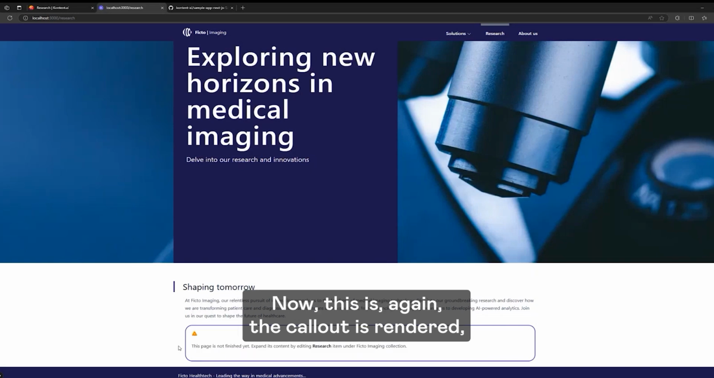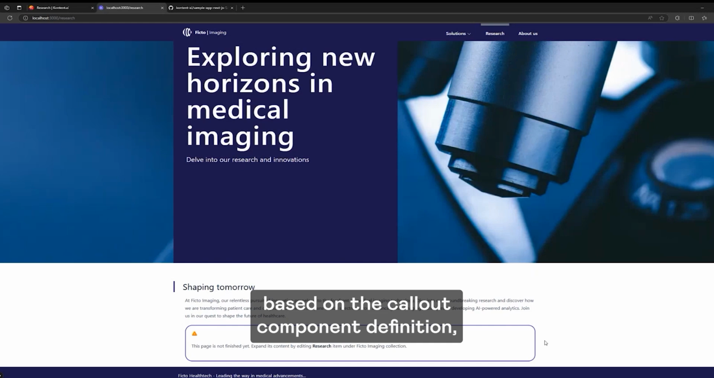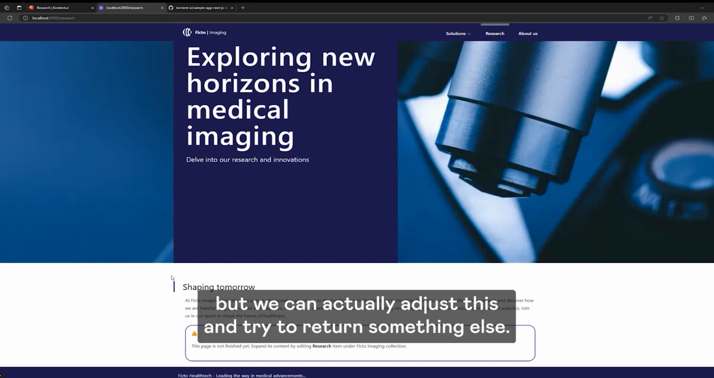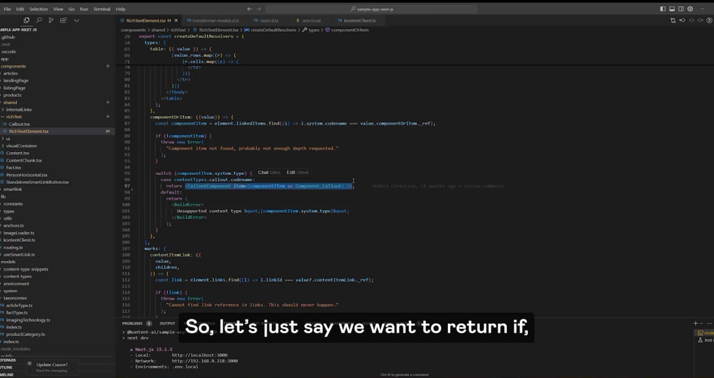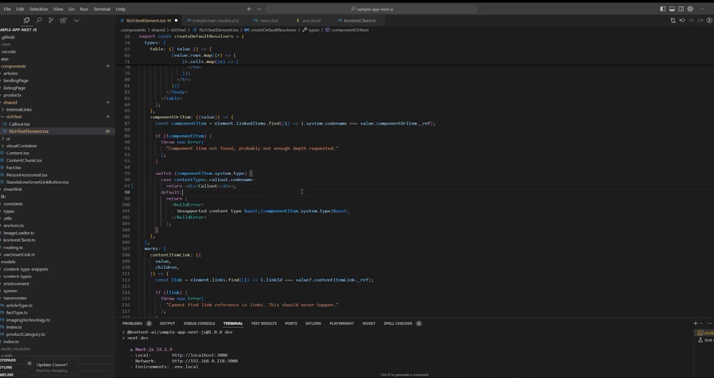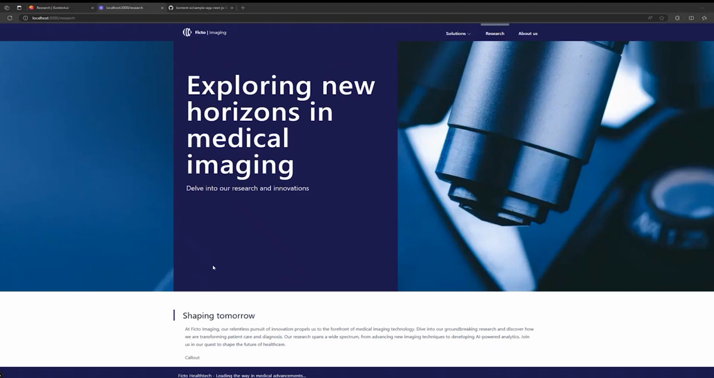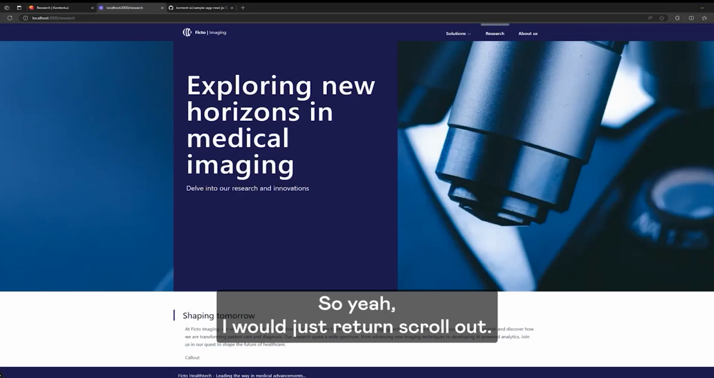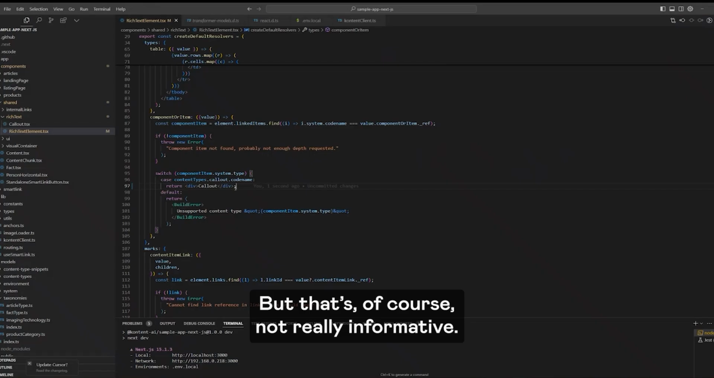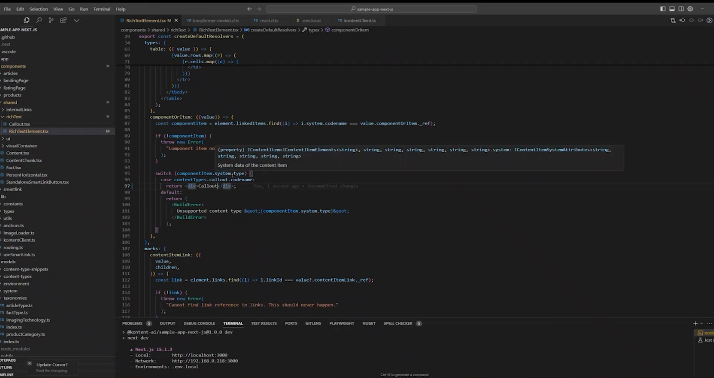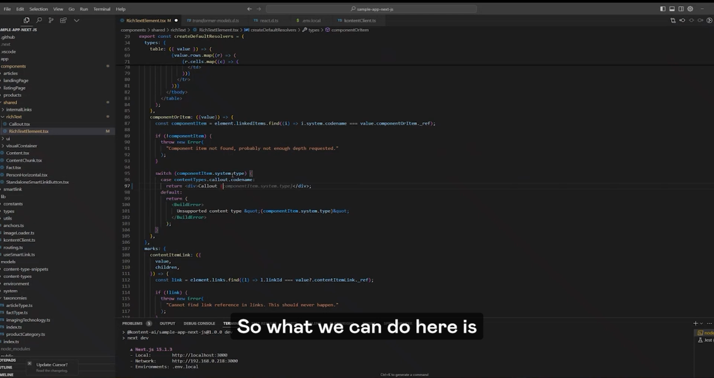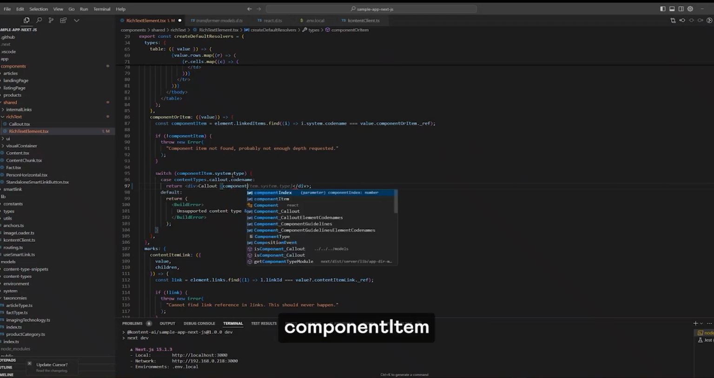Now this is again the callout rendered based on the callout component definition, but we can actually adjust this and try to return something else. So let's just say we want to return callout. All right, it's enough for now. So I would just return callout, but that's of course not really informative. We would like to also include some values from the actual component. So what we can do here is component item